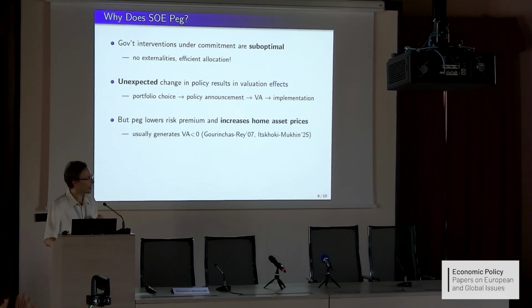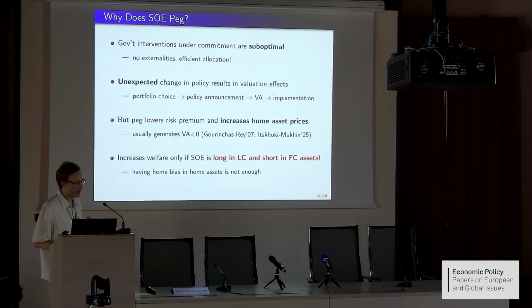Okay, I thought, okay, finally I understand this, but it turns out that that's not enough. Because if you think about this, what they say is the country implements a peg, so now the home currency looks very much like the currency of the large economy, so it gets this safety premium, which means that the price of assets increases. But usually we think that if the price of the home asset increases, it's actually a negative valuation effect, because part of home assets is held by foreigners, and if you increase that price, it's a valuation effect towards foreigners. That's Helen's and Pierre-Olivier's original point in their paper.